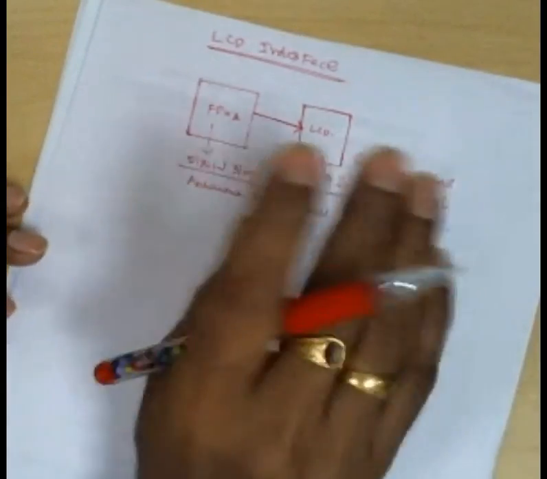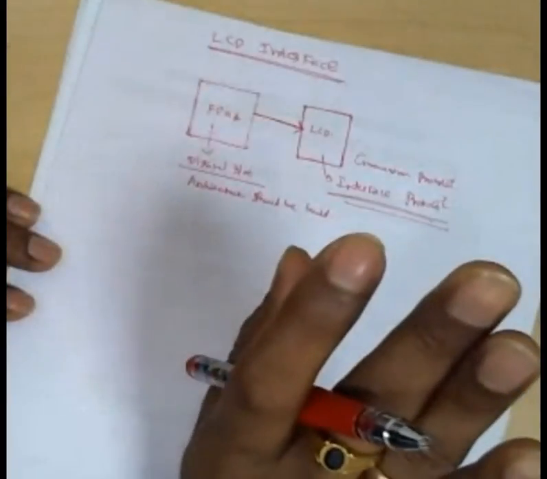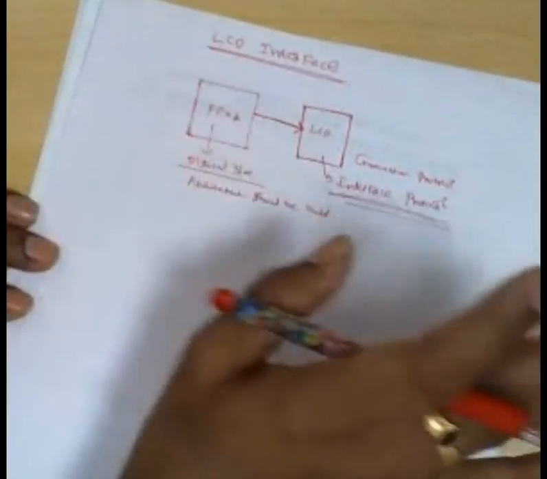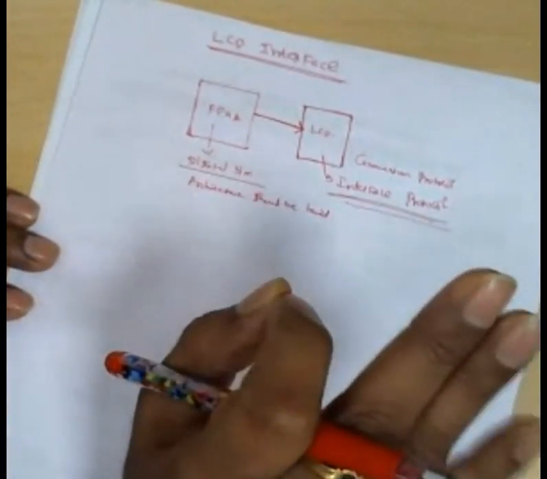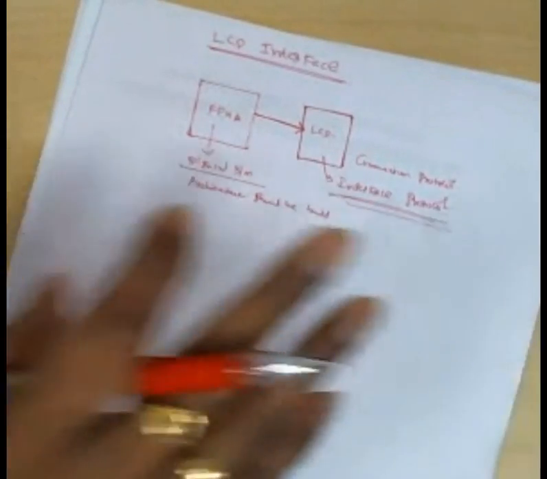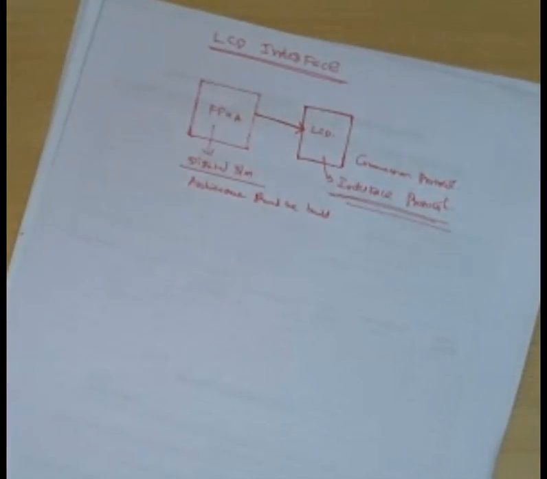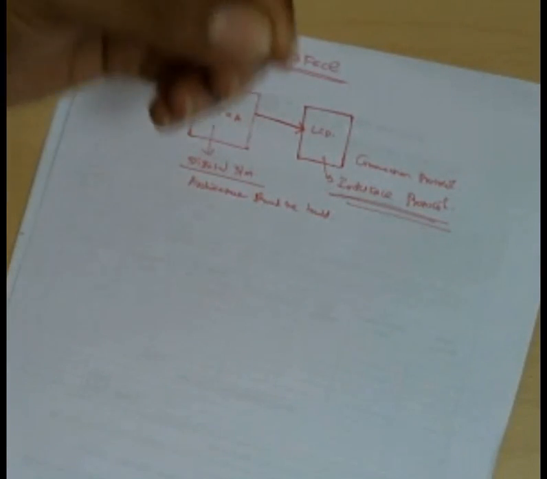Dear students, this is required for any kind of device, at the input side as well as at the output side. We should be familiar with the protocols. It is very simple, don't worry. It is not a very big thing where you need to refer to the Bible or Bhagavad Gita to understand. Nothing like that. Just read the data sheet, 10 pages or 15 pages.